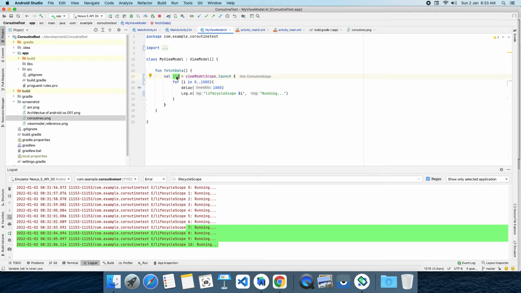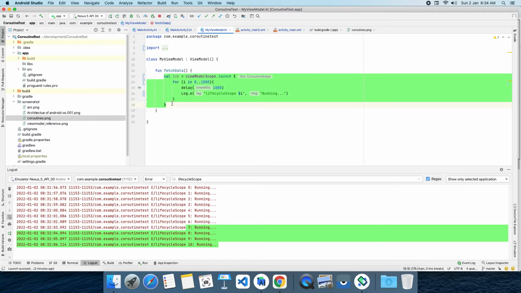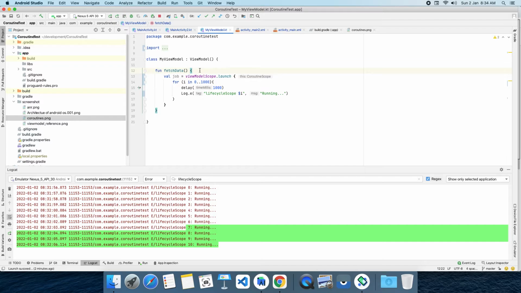Whenever a configuration change is happening in your device, the activity gets recreated, but the view model will not be recreated. So the function that is running inside the view model will keep on running across your configuration changes. It will save the state of that activity. Whenever that activity gets recreated, it will get the updated data from the view model. So we no need to worry about configuration changes.